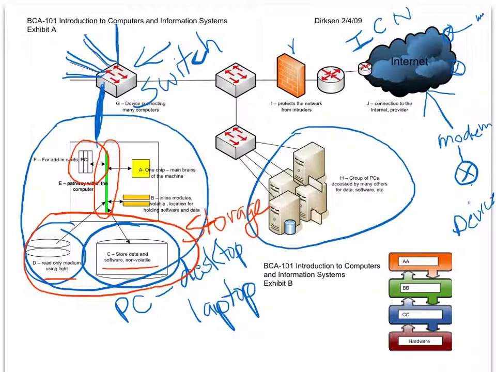This device here that protects our network from intruders, firewall. Okay? That's a firewall. Looks a little messy, but I think we're getting the point across of what we need to know now. These devices are connected. Here, it shows them all connected by these connections that we show here,